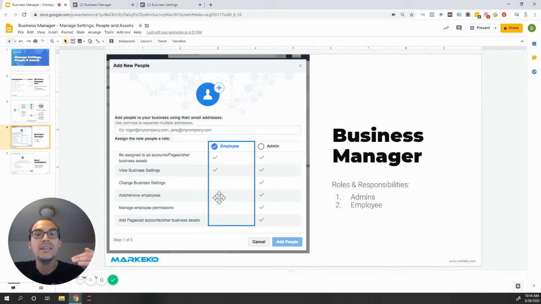So if you add someone from a team member as an admin, they can actually delete you from your account. If you add them as an employee, they won't be able to do that. So I would say the biggest difference to know here is ownership. Admins are owners of accounts. Employees can do a bunch of things, but they're not going to own the accounts. And I would say that's the biggest difference between one and the other